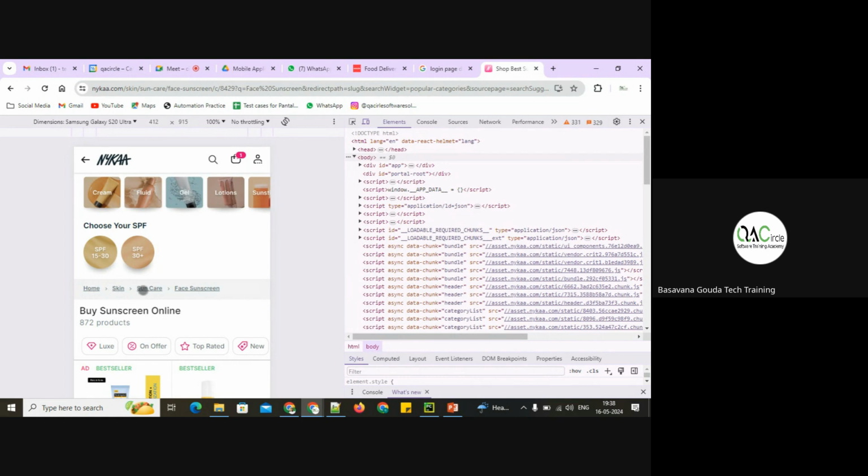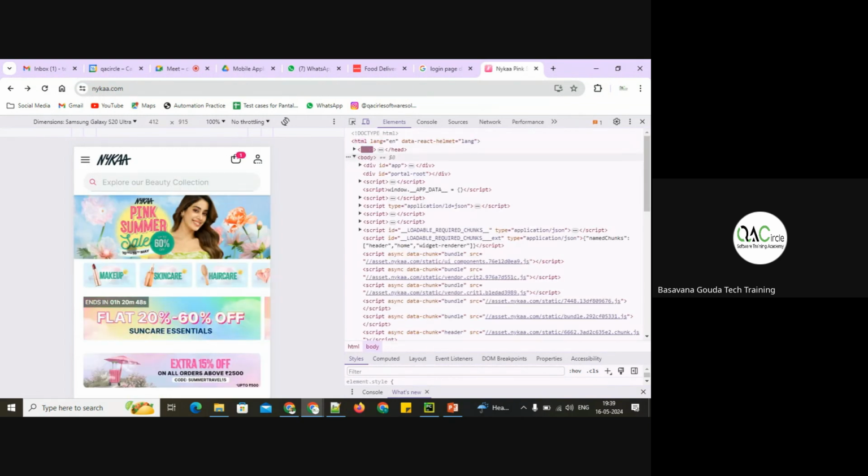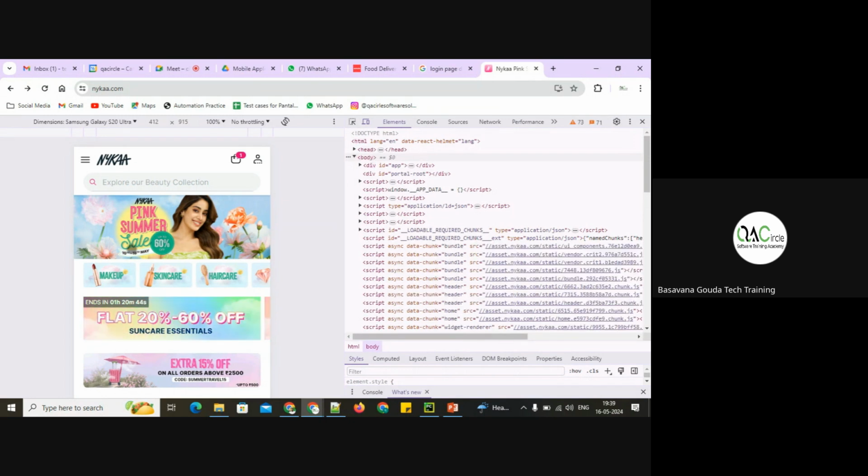Home, skin, sunscreen, sun care, and face sunscreen. When I click here, I have a back button also, and I have this home also. If I click on home, it will go. If I click on this back button, it will go. As a user, I don't want too many steps. Whenever I want to come back to the home page, whenever I want to search a product, it should be